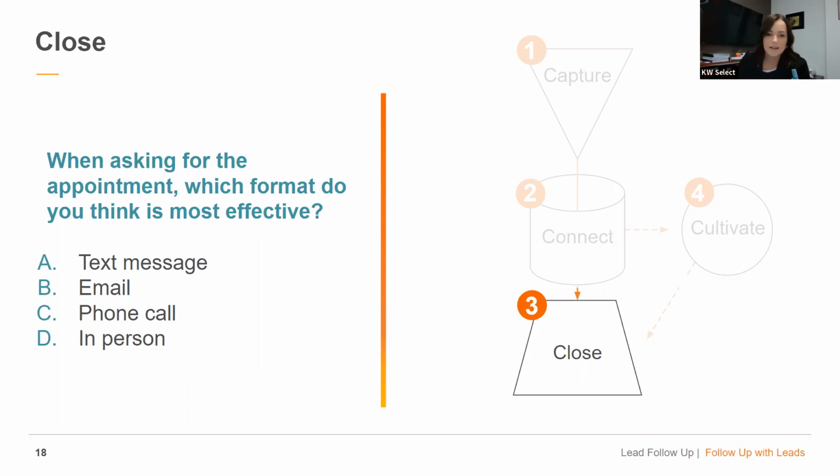So your text messages, emails, because you're not communicating in real time, you don't have the chance to immediately respond to any issues or questions that they might have. So phone calls and in-person options are going to have the best effect on your lead conversion. Okay. So when you're setting the appointment, what are the most important parts to schedule? You're not just looking for a yes in response to asking for the appointment. As soon as you get a yes, you want to immediately schedule the appointment date, the time, and the location. Okay, you want to get that down pat right away and just get that out of the way.